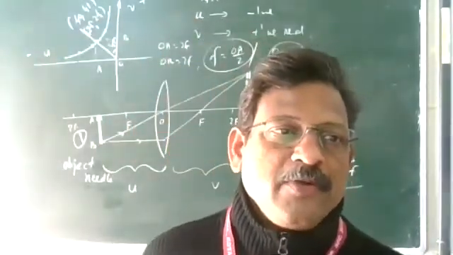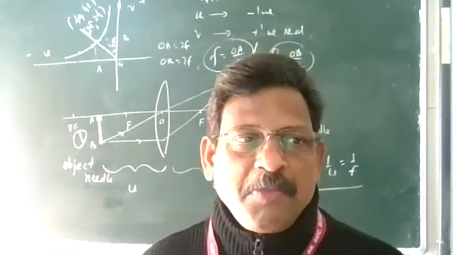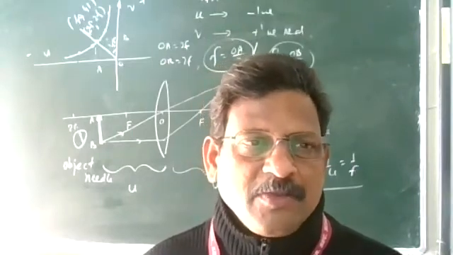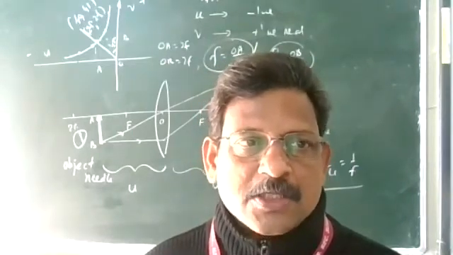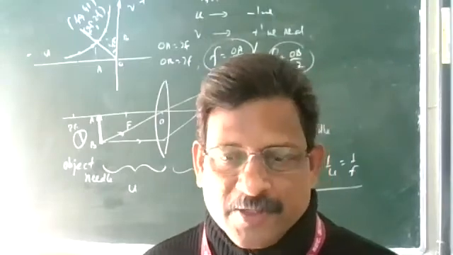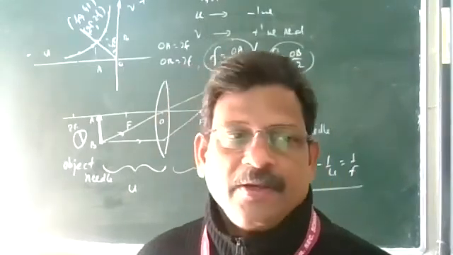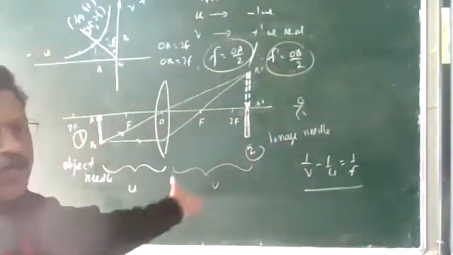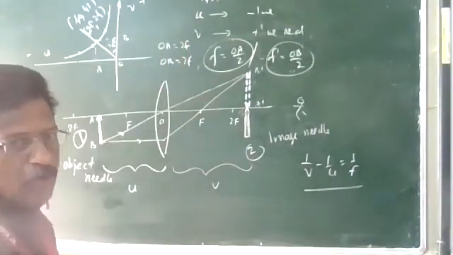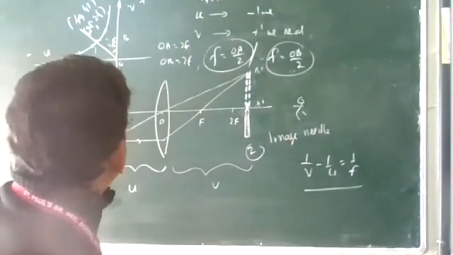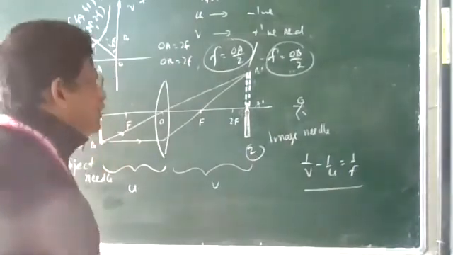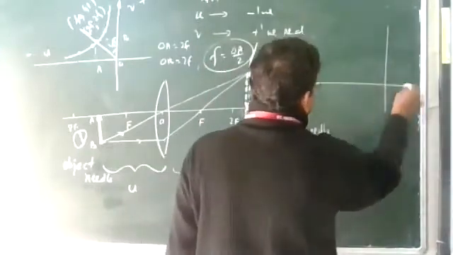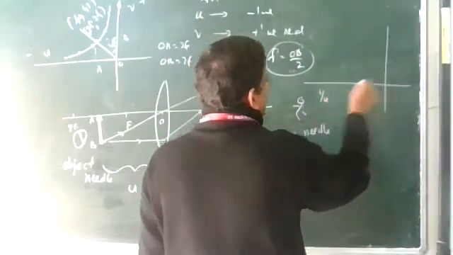So this is the U-V graph, and the next is the 1 by U, 1 by V graph. So this you have to do in the examination. In the main examination, they will not ask for 1 by U, 1 by V because the reciprocal calculation is lengthy. But you can do the shape of the 1 by U, 1 by V graph. You have to calculate the reciprocal of U and V 5 times. You will find the reciprocal of U and the reciprocal of V and make the graph. The graph will again be in the quadrant. For this you have to find the values of 1 upon U and 1 upon V.